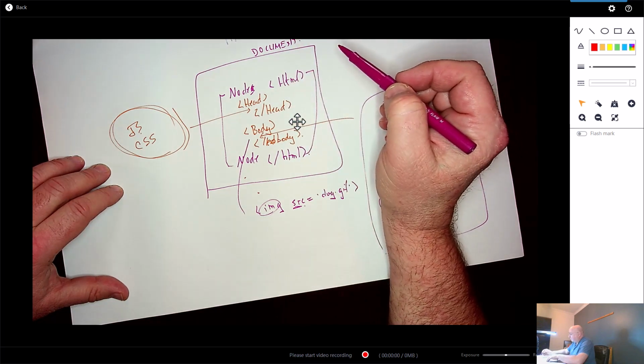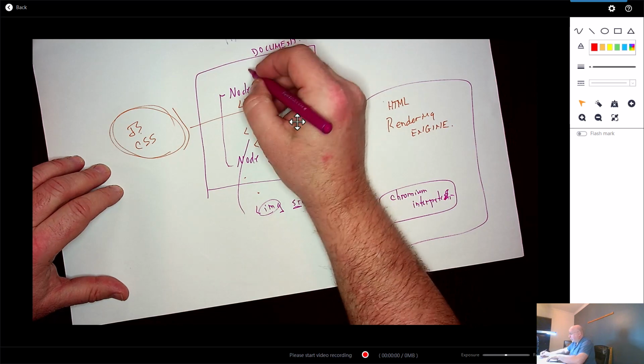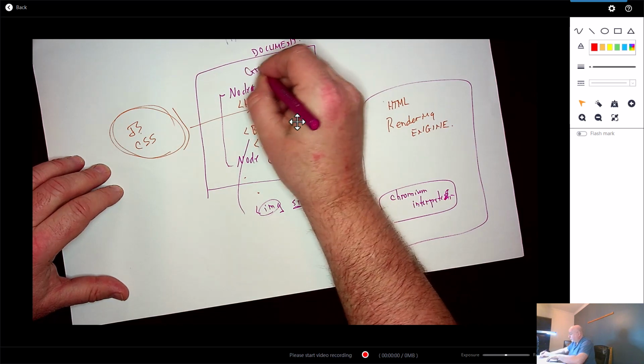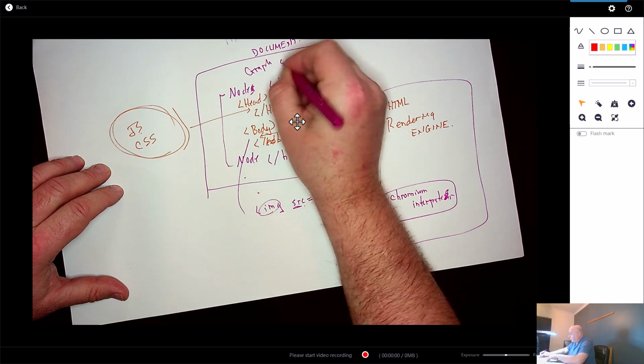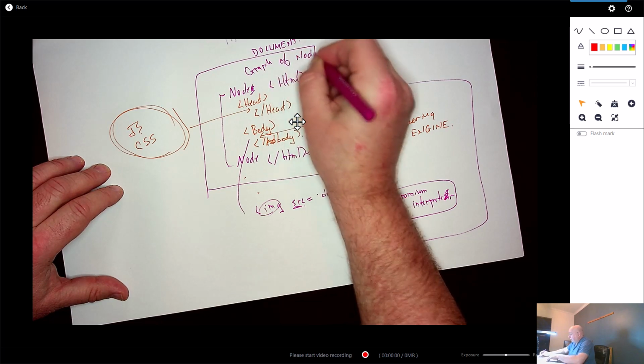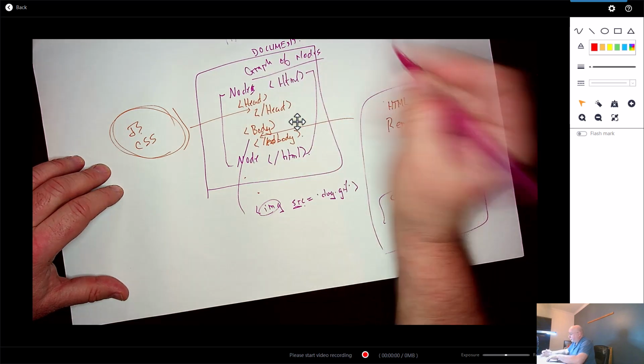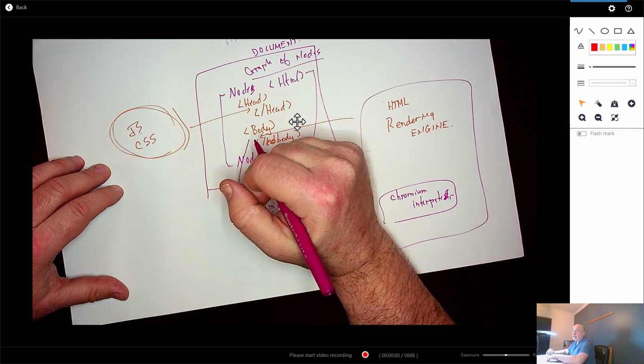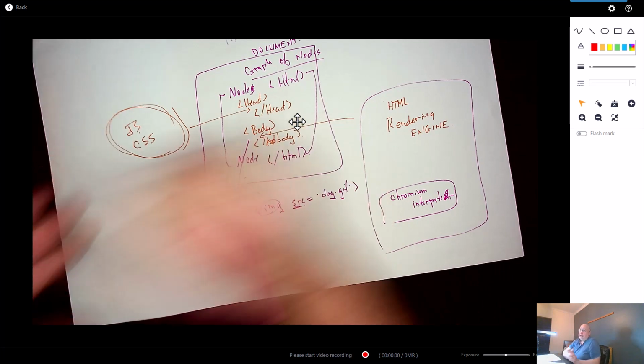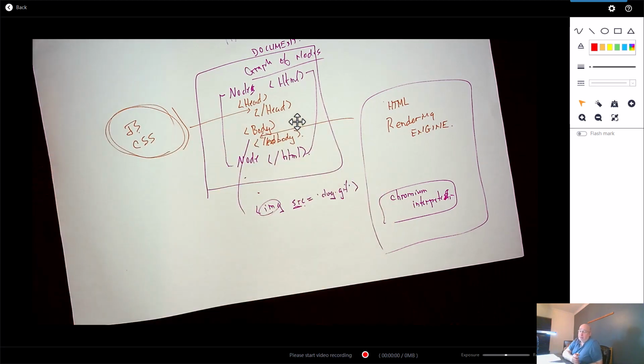It is a graph, and all of this stuff is in your PowerPoint as well. Please go and read it. This is just to give you some introduction. A graph of nodes. And web page execution works by traversing over these nodes, and CSS and JavaScript work because they are markup languages, and the browser has interpreters for JavaScript as well as CSS, and that's why you can dynamically change the appearance of your page